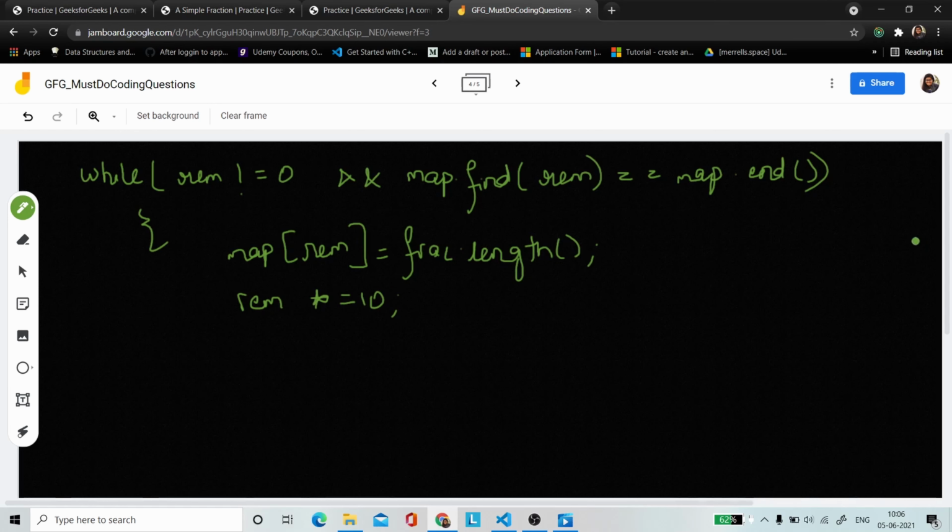Like let me show you, whenever you perform any operation, like you perform this 1 by 3 only, you say 3 zeros are 0 and it will give you remainder 1. Simple. Now this remainder is not equal to 0, and since this map does not have any remainder yet, it will not find this remainder. So now what you do is you just multiply it with 10, right? So we just multiplied it with 10, and then this remainder will now become the numerator. So now for your fractional part, you will again try to find out the integral part, and then we'll add it to the result.